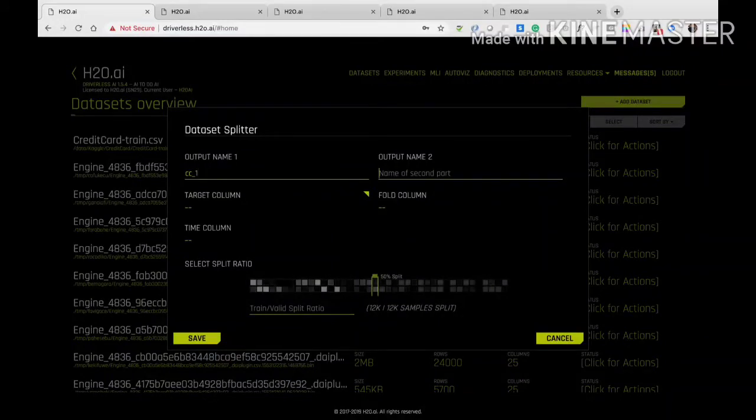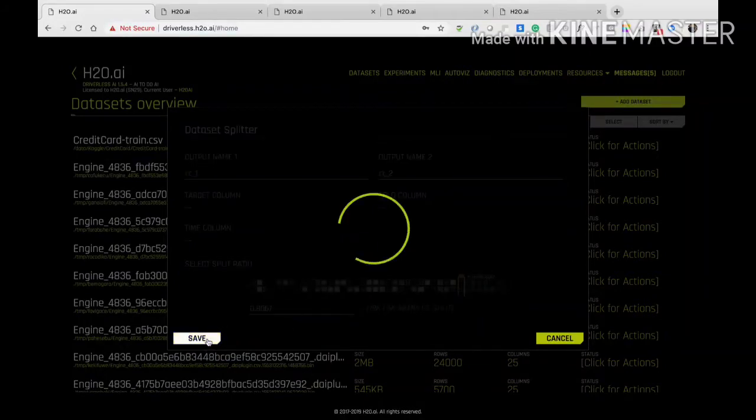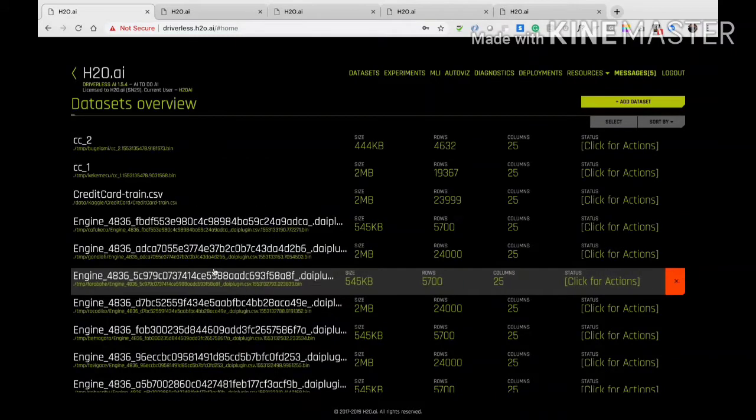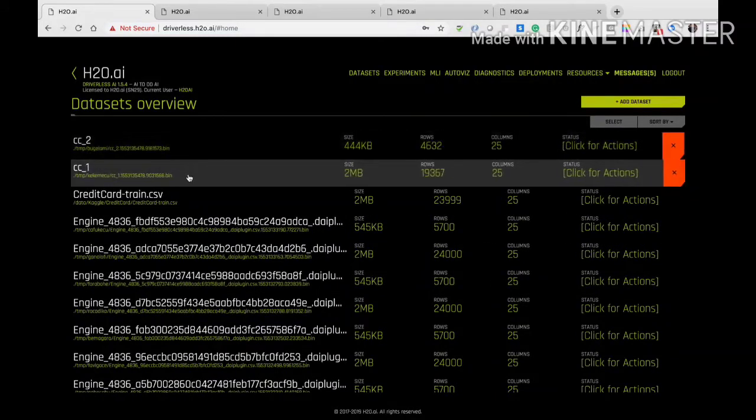But Alteryx, RapidMiner, H2O.ai and other ML software, what they are doing is they are just taking the data. If you import your data into H2O.ai, it will give you the prediction results as well as the prediction curves by using its own software. So that is what H2O.ai does.